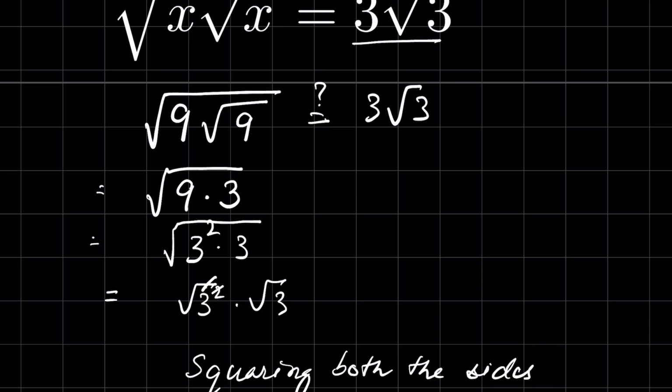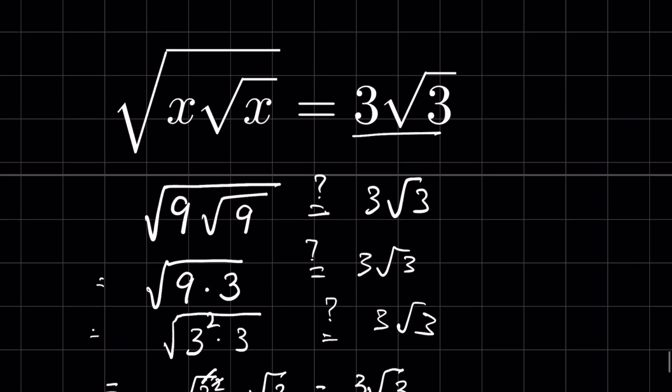We remove the square root with this square. So it is equal to 3 times square root of 3. LHS is equal to RHS. So the value of